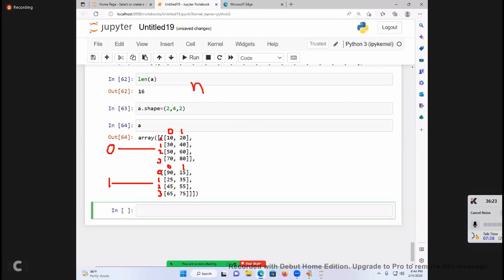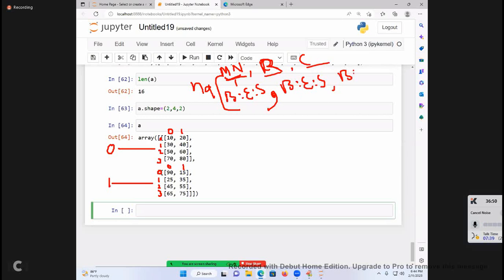What is the slicing of ND array? ND array object of, first what is that? Matrix number comma row, and then column. When you come to matrix number, begin colon end colon step. This is for matrix. And next is row. Begin colon, end colon, step. Column related, begin colon, end colon, step.